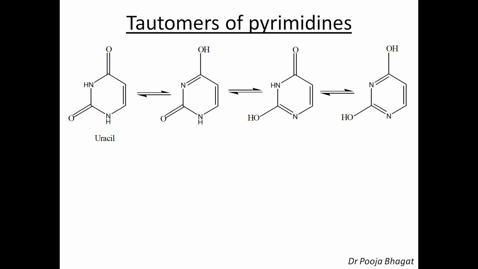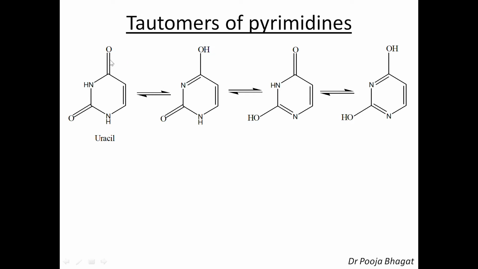What are tautomers? Tautomers are the structural isomers in which the hydrogen atom is shifting from one position to another. So let's see here, the lone pair of electrons of nitrogen will move here and the double bond will shift towards the oxygen, and therefore this will be double bond, single bond, and H goes from nitrogen to oxygen. So as you can see, nitrogen, double bond, single bond, OH. So this is the ketonic, keto group, and this is the enolic group. So they are keto-enol tautomers.